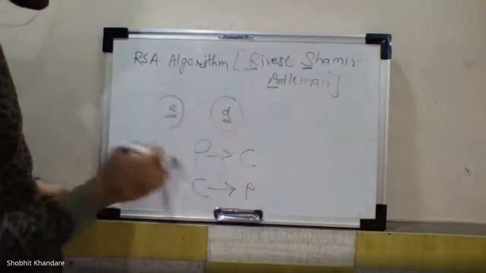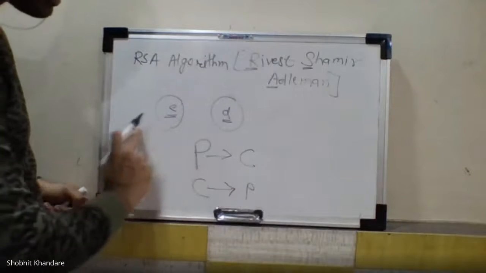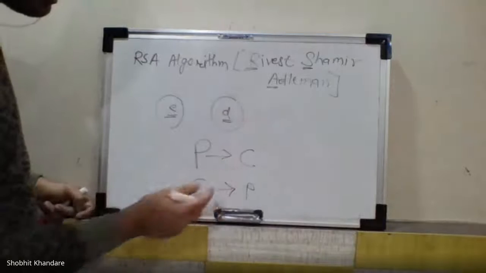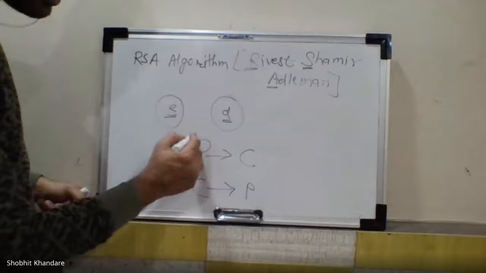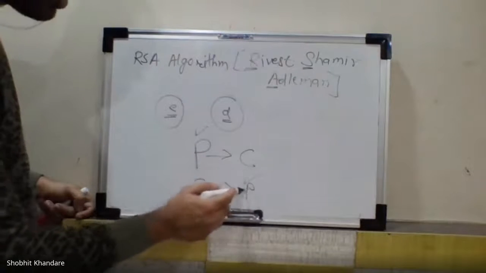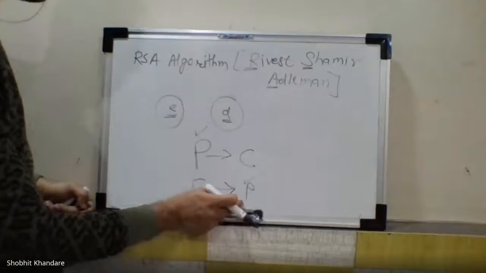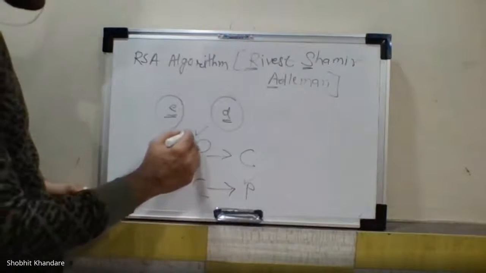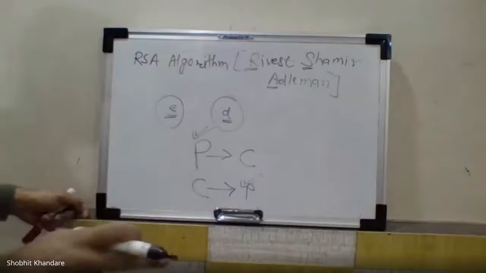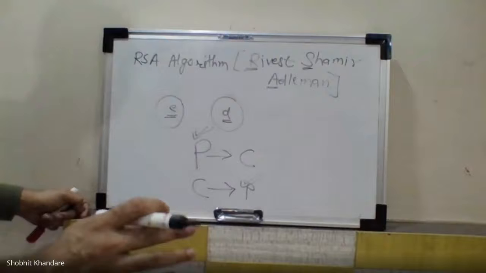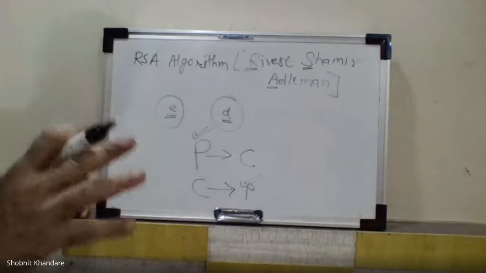Once you get the two keys, convert the plain text into the ciphertext at the transmitter side, and at the receiver side convert that ciphertext into the plain text, and see that your plain text matches the plain text which is recovered at the receiver side. These two plain texts should be the same. If they are not the same, you are compromising the security, and your data is lost.